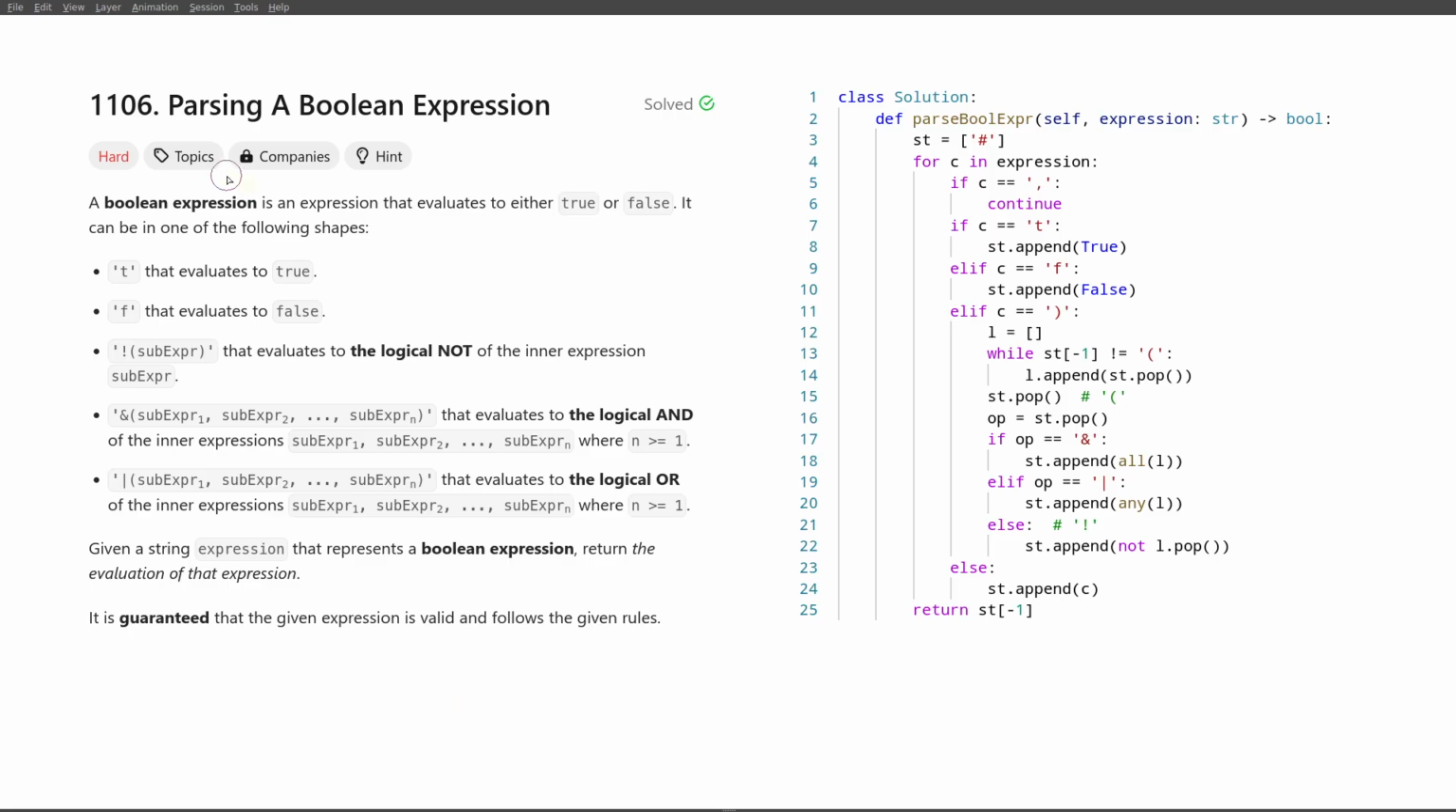So we have values in the form of t or f, so a single character. Operators are negation, and, or, one character. And also there are parentheses. And there are also commas, though those commas essentially don't matter at all. Of course, we have to evaluate this expression, and typically when you are parsing and you don't have access to